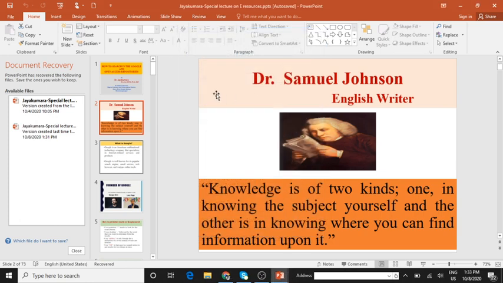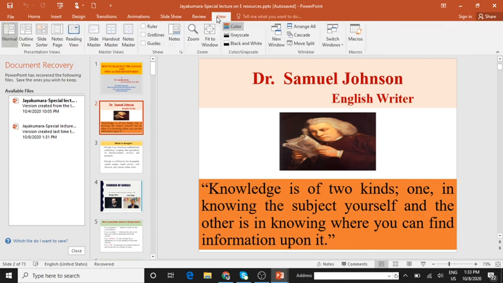And we were here with the presentation software wherein you have learnt how to add a new slide, then how to delete a slide, fine.